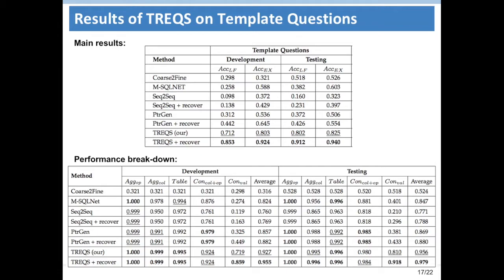In addition, we apply the condition value recover technique on the language generation-based methods. It can correct the errors in the generated queries from the models. We can see that it can significantly boost the performance. In order to further evaluate the performance on each component of SQL queries, we also provide